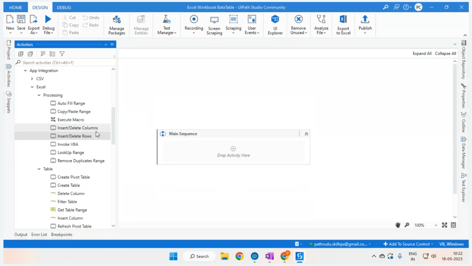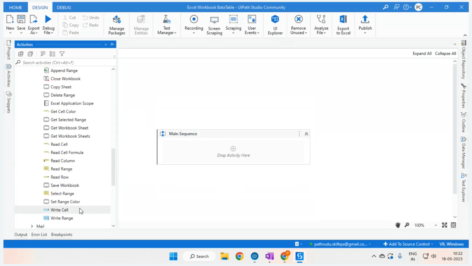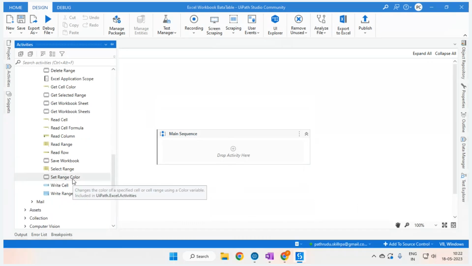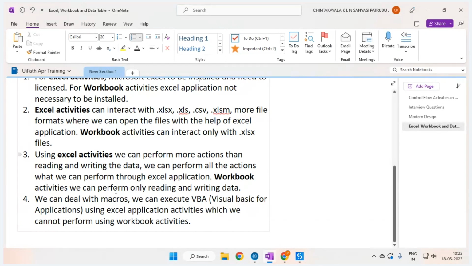And in case you are facing any issues, you can come up and ask me, because we have a lot of activities. It is very hard to cover each and every activity, and we will cover the majority of the activities which are required. Okay. And most commonly used activities or much more required activities,